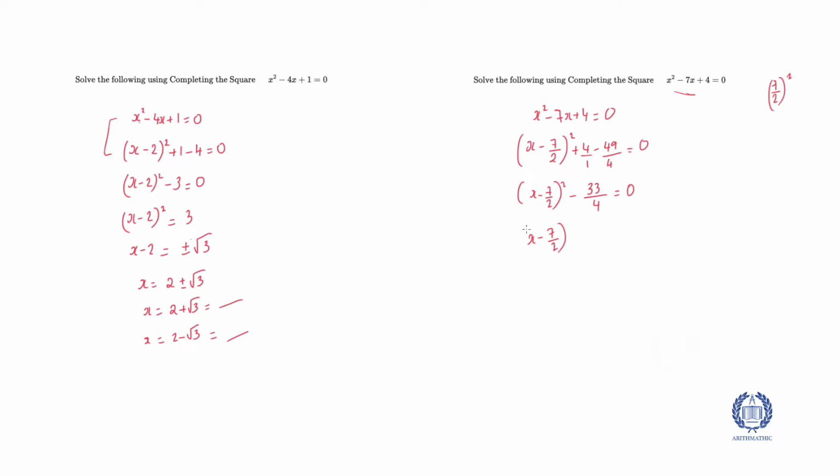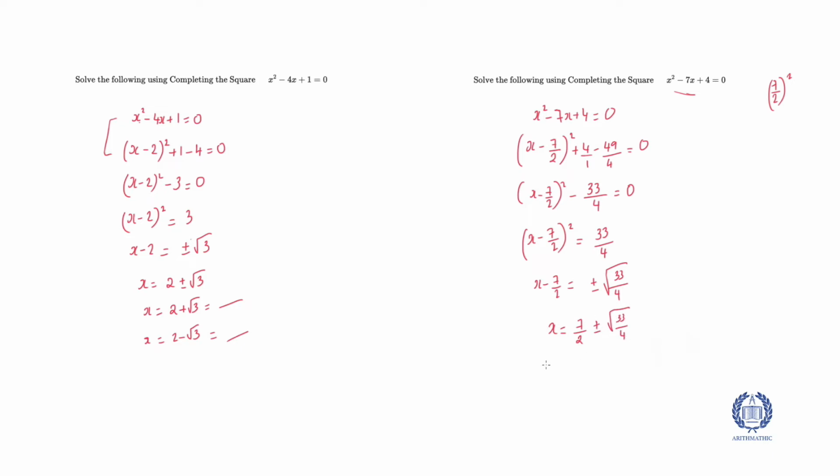Find x. So (x − 7/2) squared stays the same. Move minus 33 over 4 to the other side, becomes 33 over 4. Get rid of the square. So if we get rid of the square, that would be plus or minus the square root of 33 over 4. The final step is move the minus 7 over 2 to the other side, becomes plus 7 over 2, plus or minus the square root